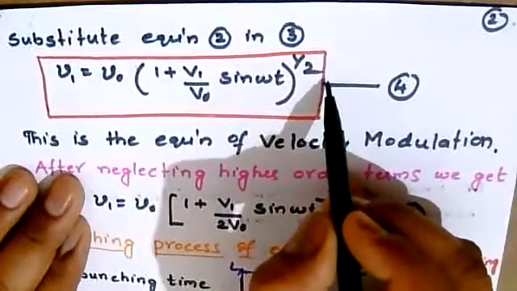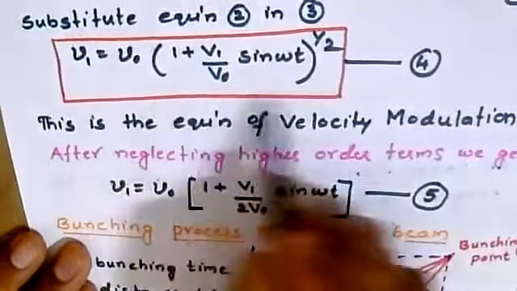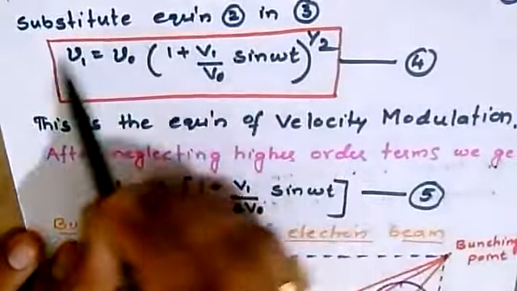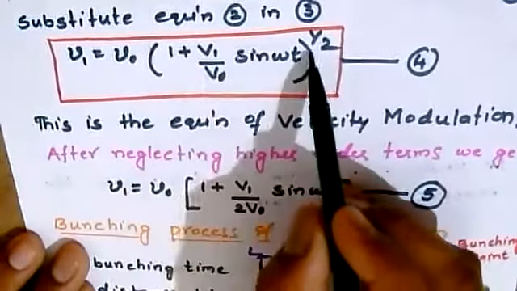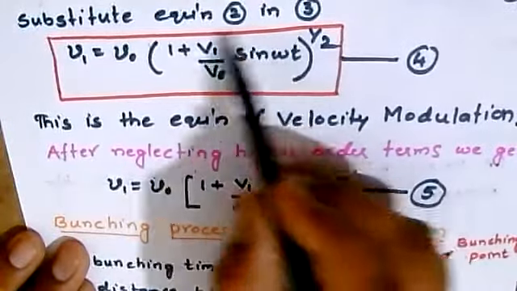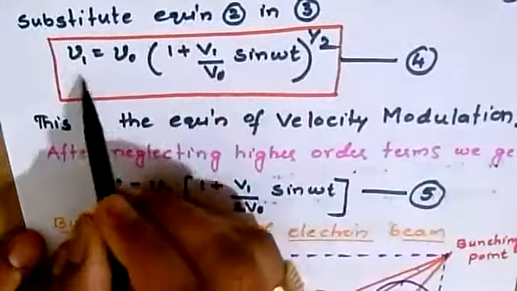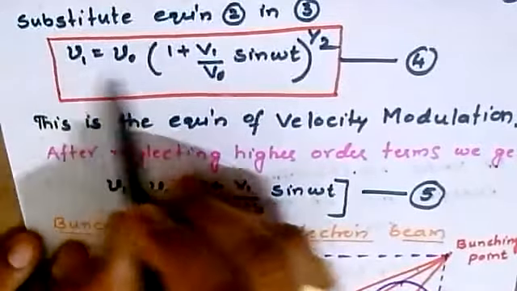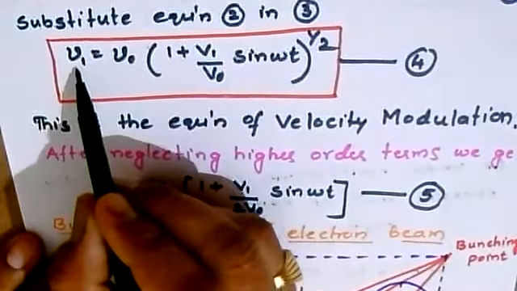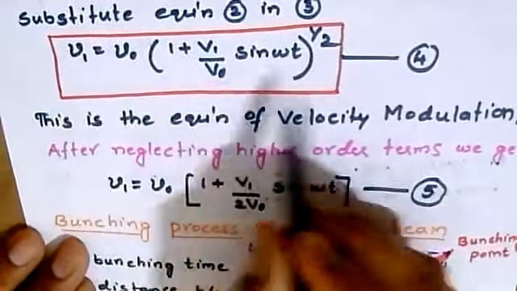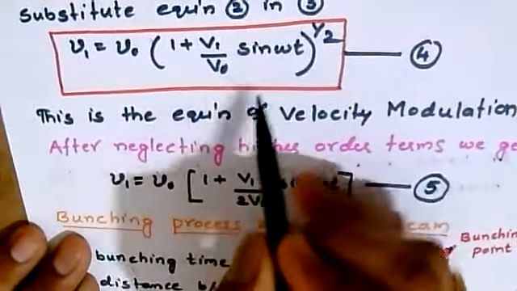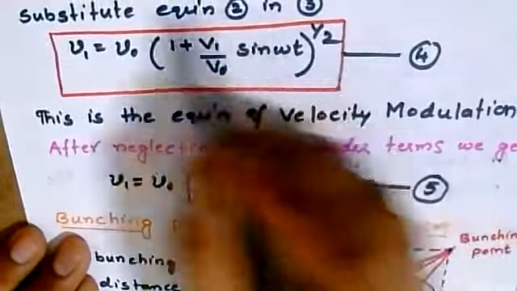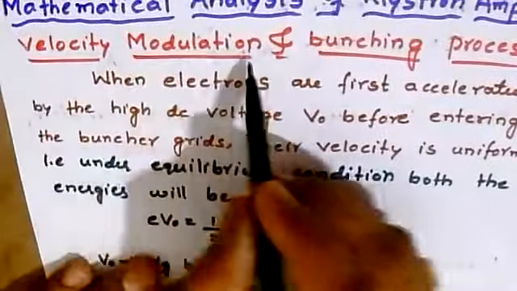And this particular equation can be called velocity modulation, because we are considering V1 sin omega t, the RF input which is included, so that we get a small modification in the kinetic energy equation with a change in the velocity of the electron beam taking place within the tube. So this particular expression, equation 4, can be regarded as velocity modulation. See how simple the first derivation is. This is the velocity modulation equation.